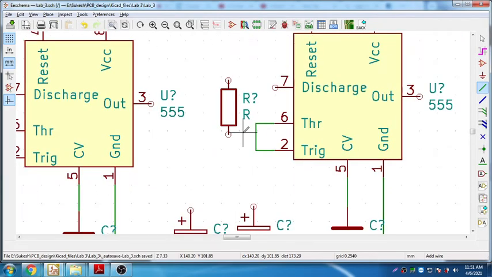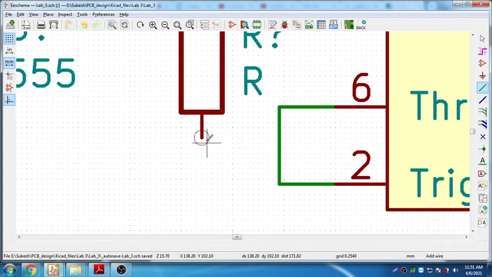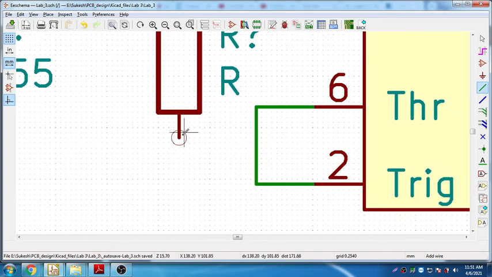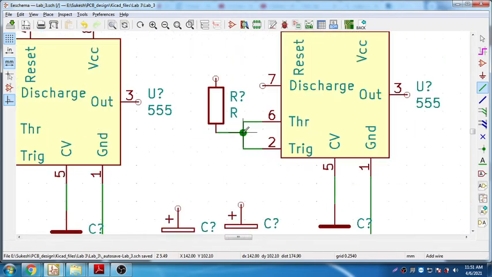Not connected. Zoom in properly. Then choose a point and connect. Okay. Zoom out. And this will go to here. Connected. Okay. And this capacitor,